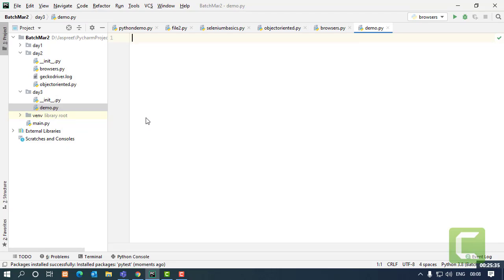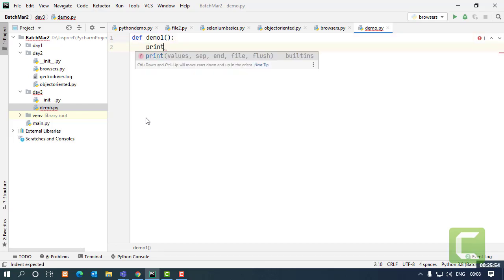And the creation of a test case is no different than making a function in Python. The same keyword will be used, def, followed by the name of the test case that you want to give. Let's say I want to give it demo1 again. The same name, the same process will be there. No big difference.